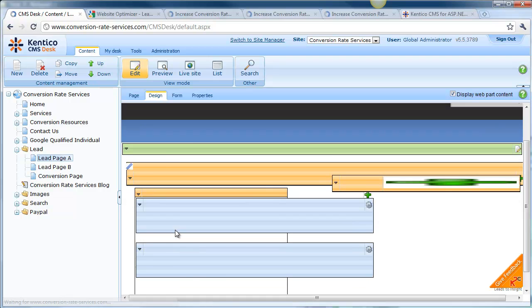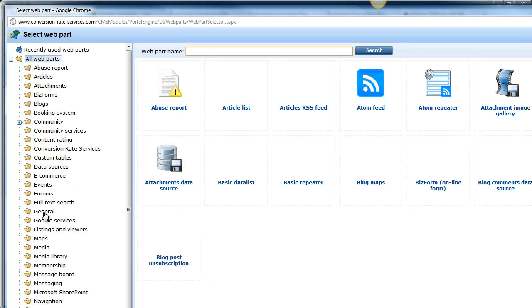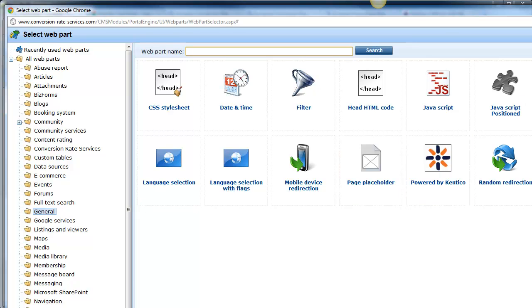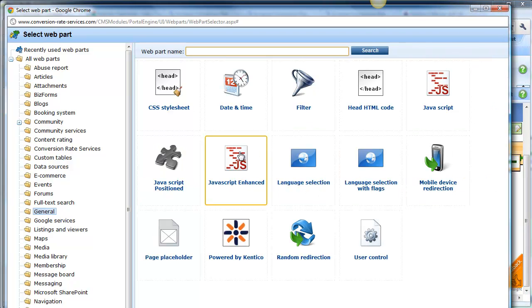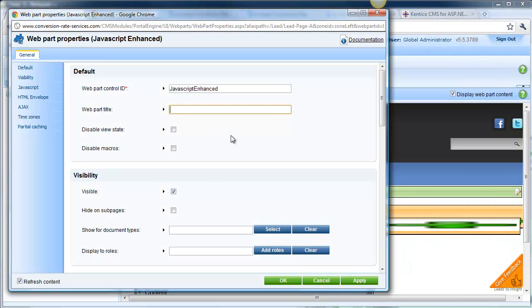So if I go into design, and for the zone I can add the web part, and the web part will install in general, JavaScript enhanced, and click OK. I'm just going to call this Google Website Optimizer,